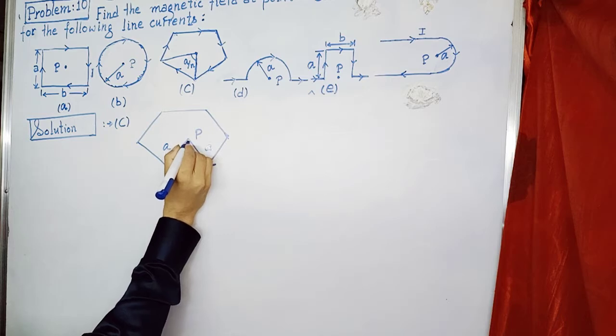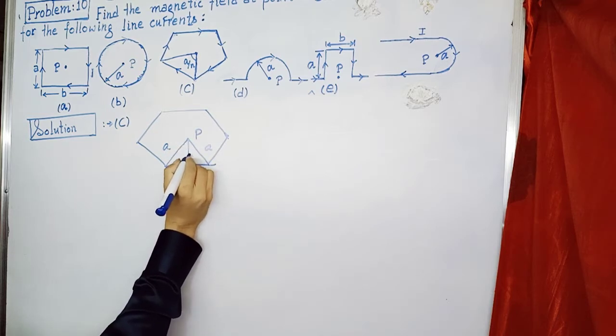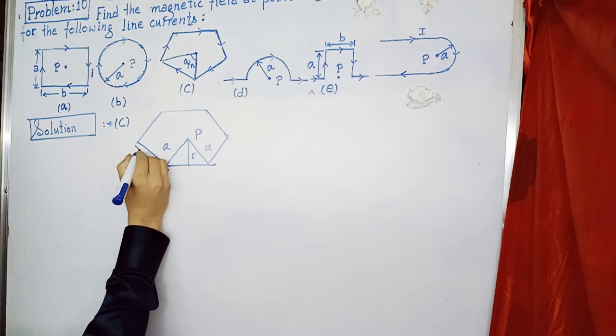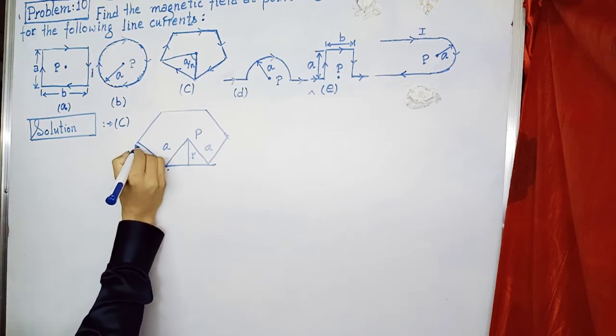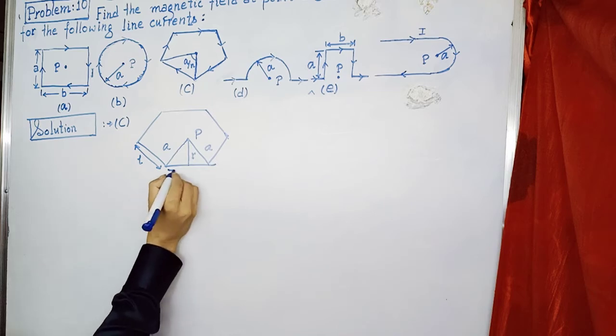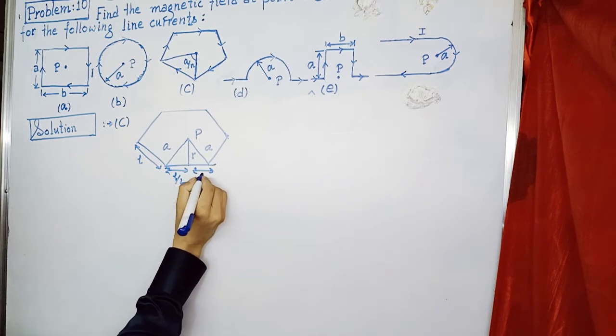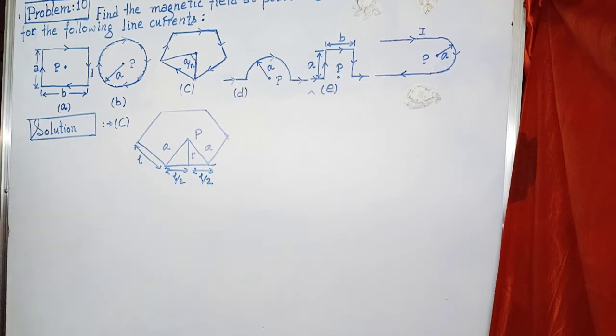So if you draw a perpendicular here, let this distance be equal to R, and each side of this polygon is equal to L. So this much distance will be equal to L divided by 2. Again, this distance will be equal to L by 2. So from this diagram, we can write